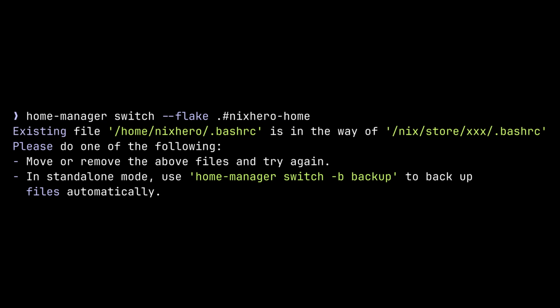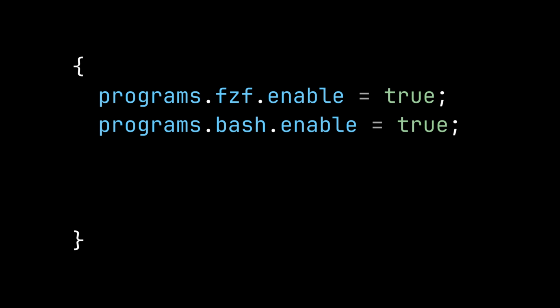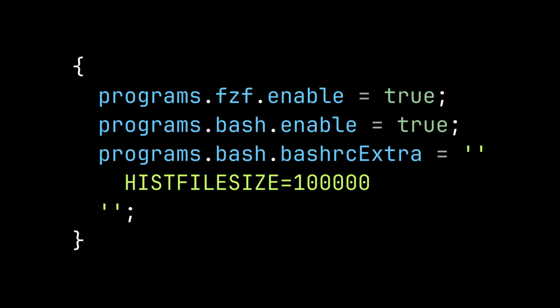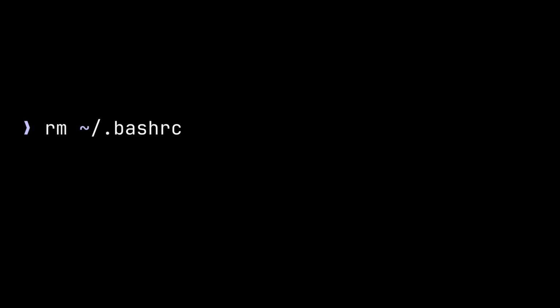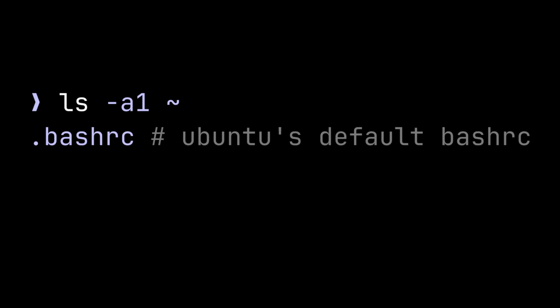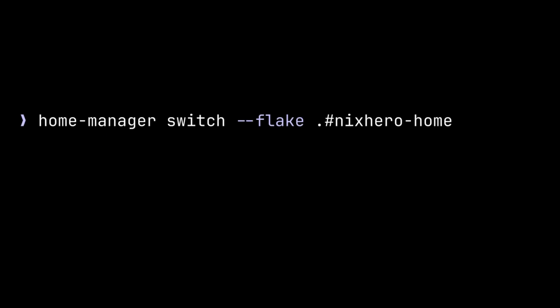So there are several ways to fix this. If you have important configurations inside your bashrc file, you can move them to the programs.bash.bashrcExtra option. Then delete the bashrc file in your home directory. If you have the default bashrc that comes with your distro and you don't care about it, you can just delete it. Or if you're just too lazy and want your command to just work, you can run the switch command with